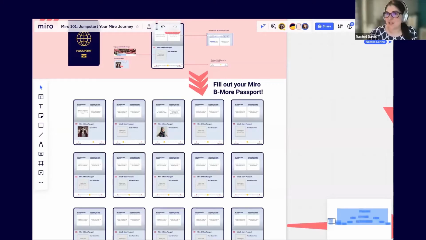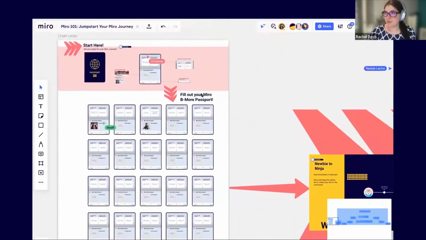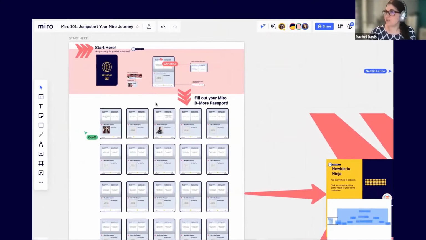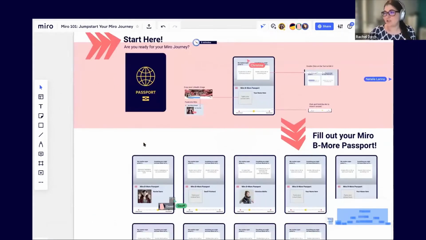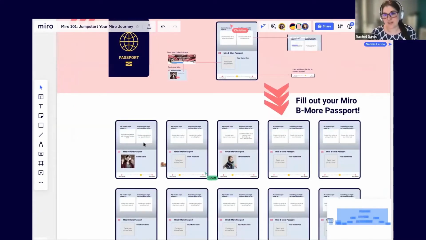I just put the Miro link in the chat with the password. So go ahead and see if you can get on that board. I'm going to go ahead and share my screen as well, and we'll get started here. We'll just let people in as they pop into the waiting room. Christy, once you're able to get on there, and Jamie, I know you're on the phone, so you should be able to do this afterwards. We'll send a follow-up email with the link and password so you have it.